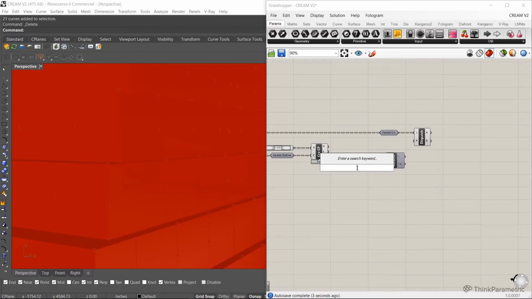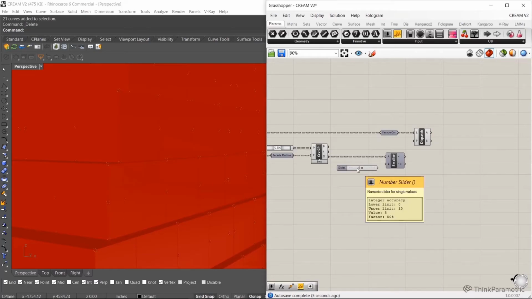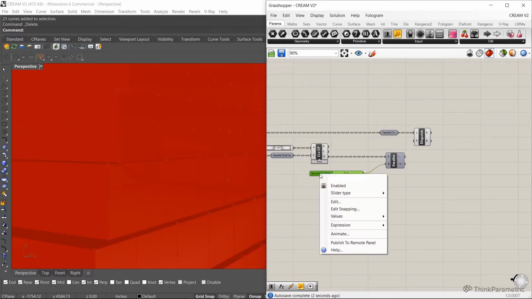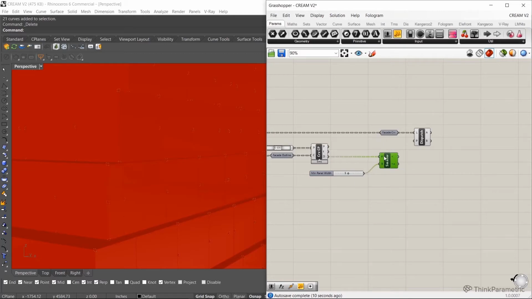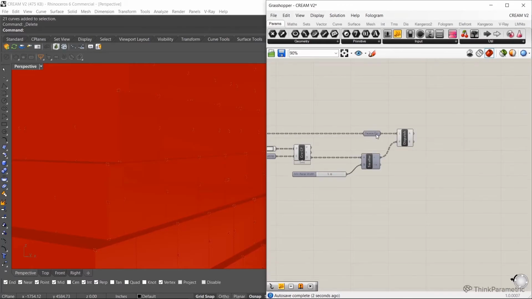So this is our list. And we're going to say if the distance is smaller than, let's say the minimum size that we can make a panel is 5 foot, right? I'm just going to run with that number, panel width. All right, and this will basically give us a list of true and false values. So most of them should be false, so we've got a couple of true ones here. And I'm going to plug that into my dispatch pattern.